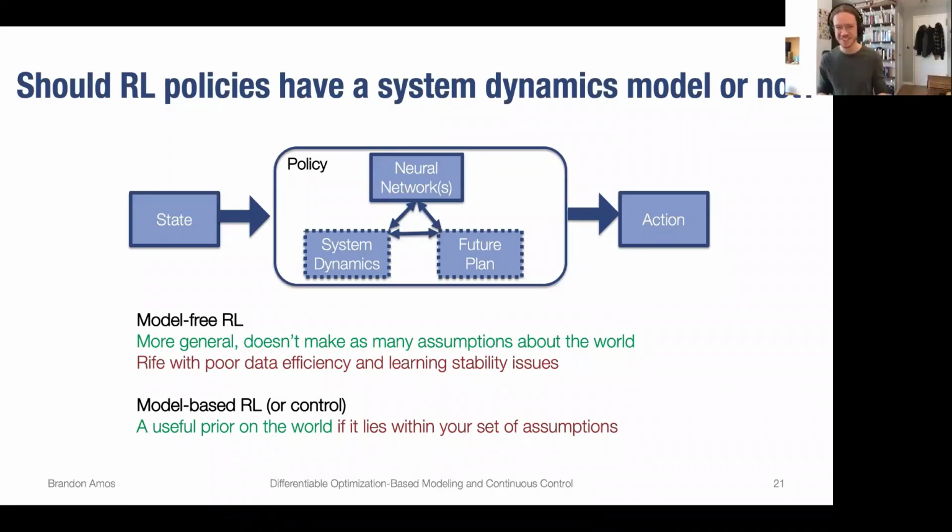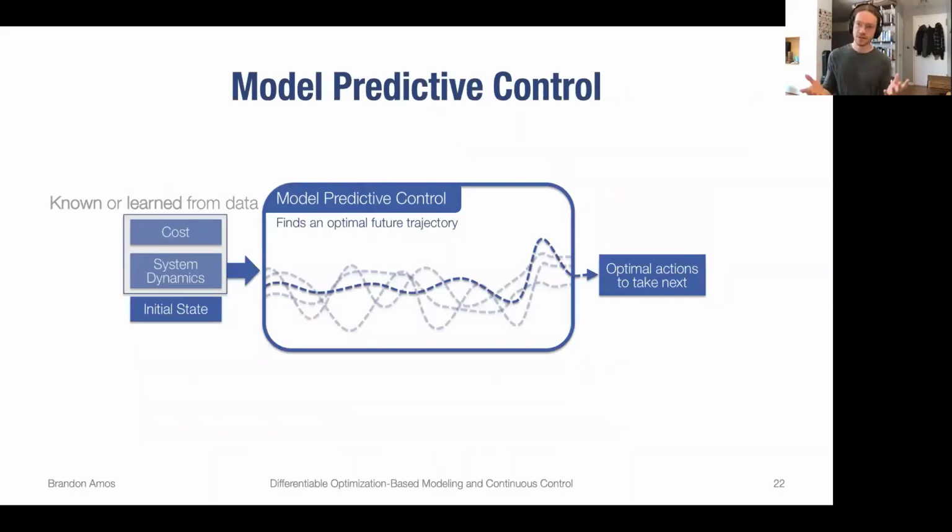works pretty well. But I think in other settings, we do care about having some kind of more structure or knowledge about what's actually going on, about how policies are making decisions and how they're generating or potentially using future plans. And I think control is a good way of adding a structure, which is used in a lot of cases where you perhaps know the costs that you want to optimize on your system, and you know how your system works. You can just formulate it completely as an optimization problem without learning.